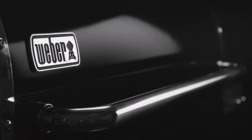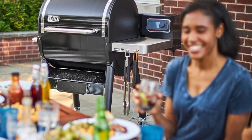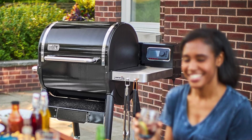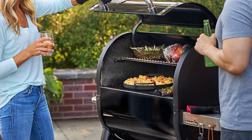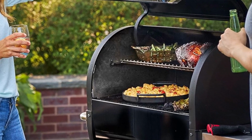Weber Smokefire X4 2nd Gen stands out as a top-quality pellet grill, aligning with the brand's reputation for excellence. Crafted with Weber's signature polished construction and flavorizer bars designed to enhance moisture, this grill offers a temperature range of 200°F to 600°F. During testing, it displayed the ability to create distinct sear marks on steak, a feature not commonly